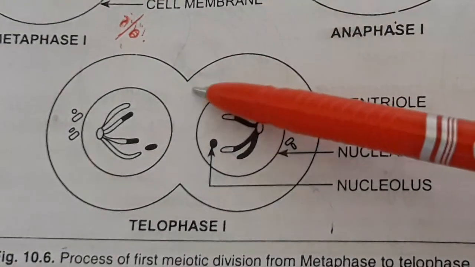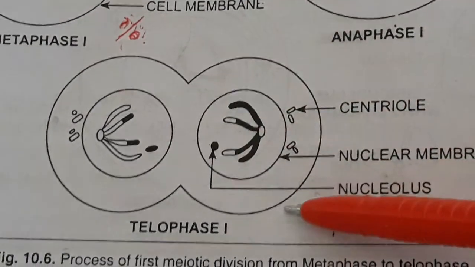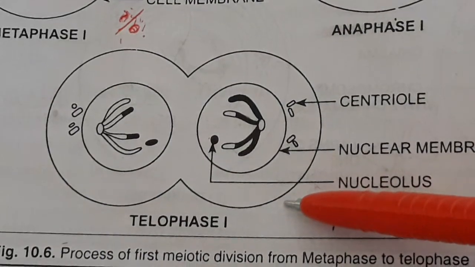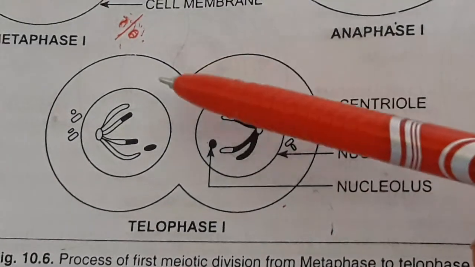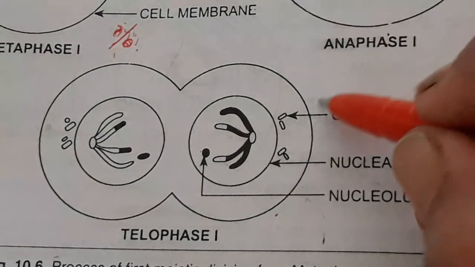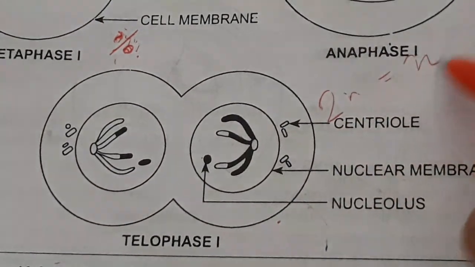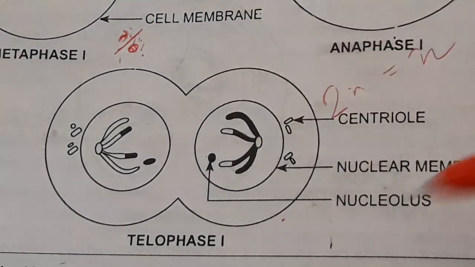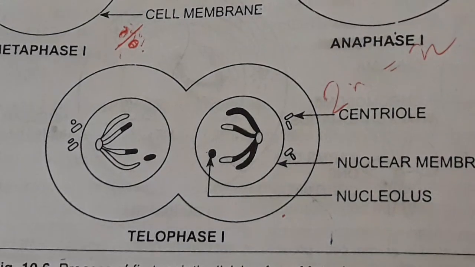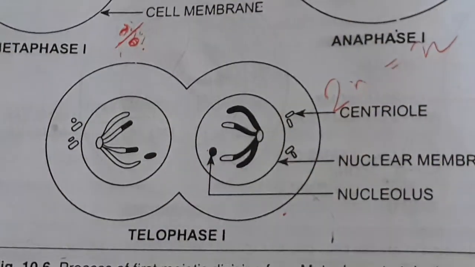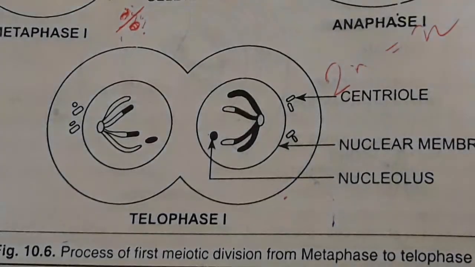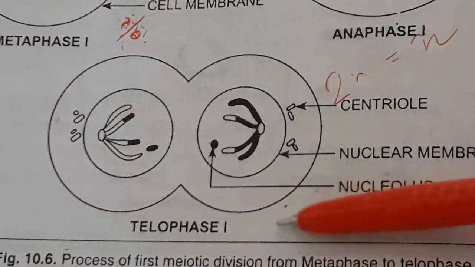Now here actually this is the main process in which the reduction cell division takes place. Okay, this is the main process where the chromosome number reduces from 2n to n. So all these are the important events of meiosis 1. This is a very important part. So next we will continue with meiosis 2, but beforehand you have to be clear with all the stages of meiosis 1.